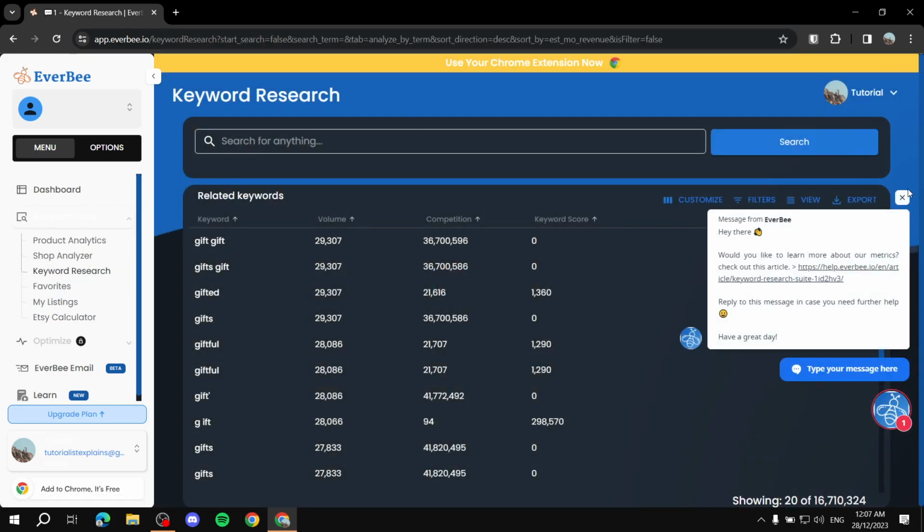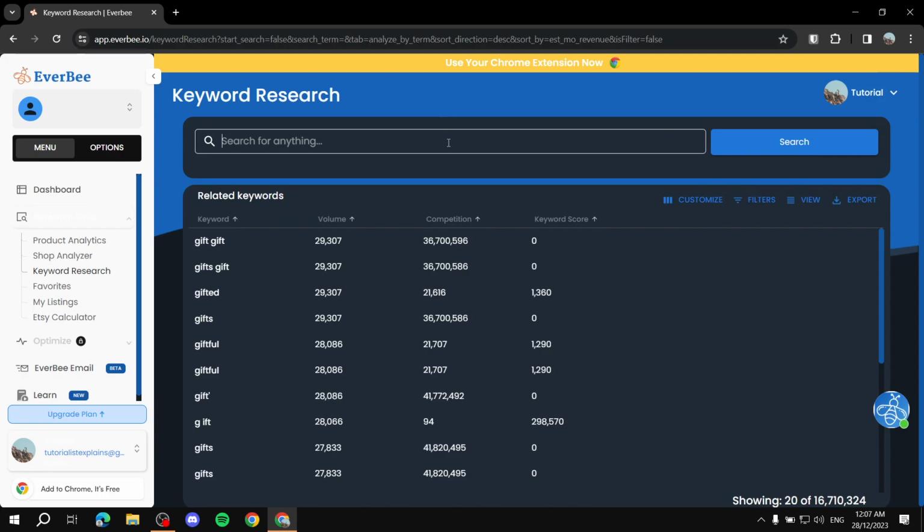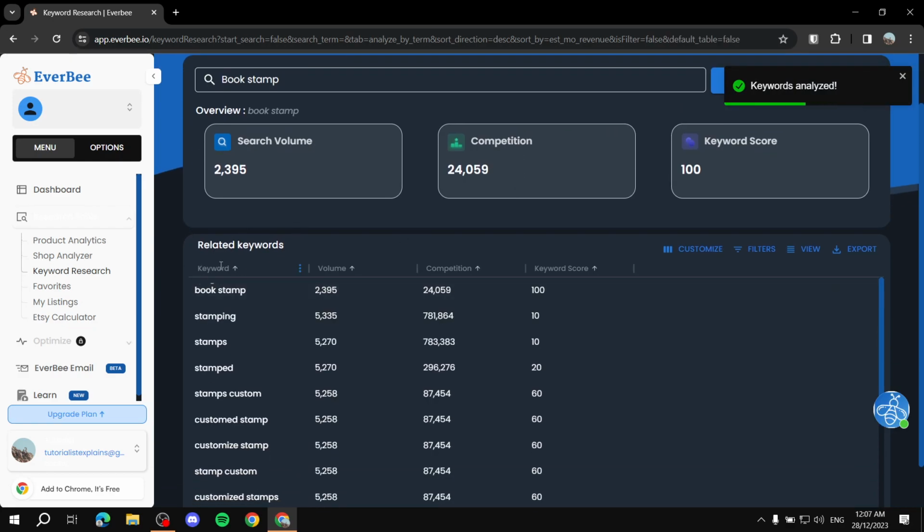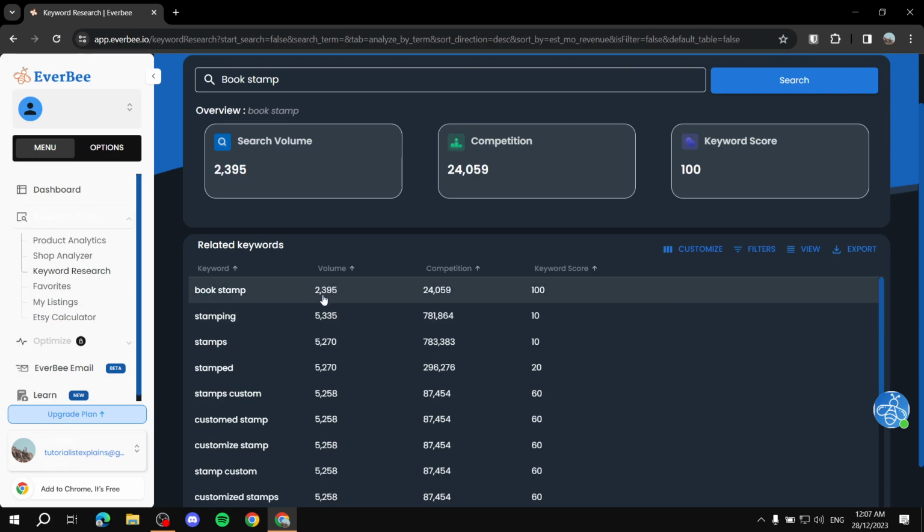Here is where you type in a few keywords, products really. So if we just type in book stamp, for example, obviously it's not going to be good, but you can see it's just an example. So you can see keyword book stamp, you will see the volume. Volume is going to be the searches per month. Approximate, obviously, an estimate. So you get 2,400, I should say,